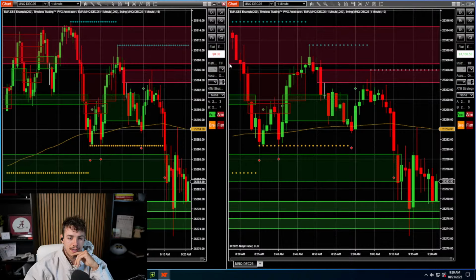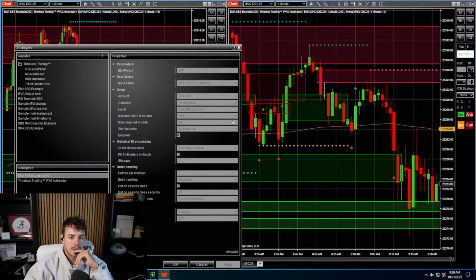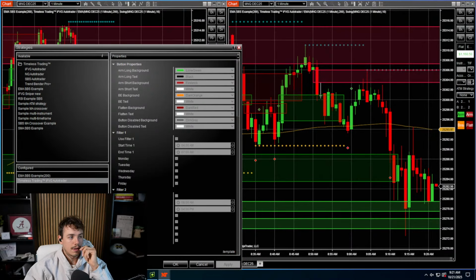Again, no trades on Tom's settings here on the left. Right now we are at 25,280 on NASDAQ. Levels for you to mark out here: we have a 50% level at 310, so you could mark that 50% level out, as well as London low at